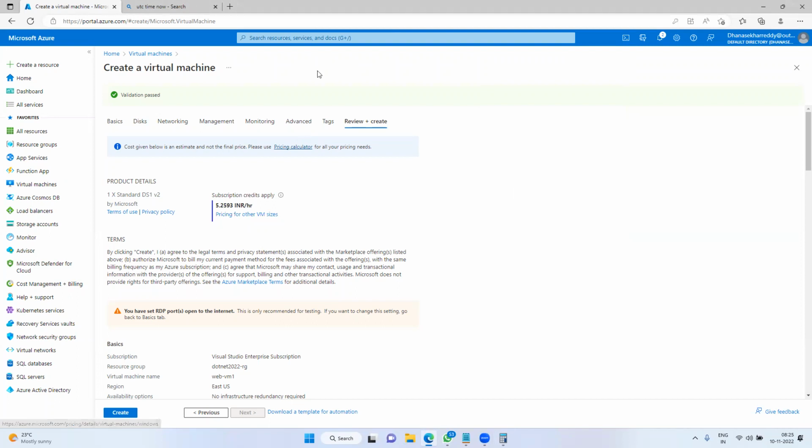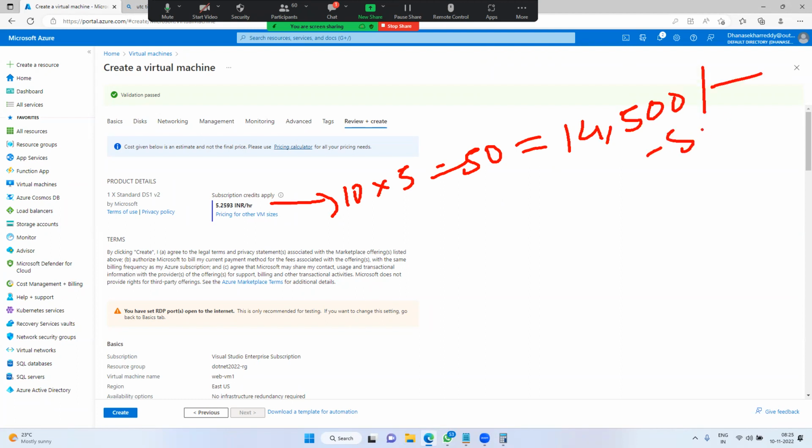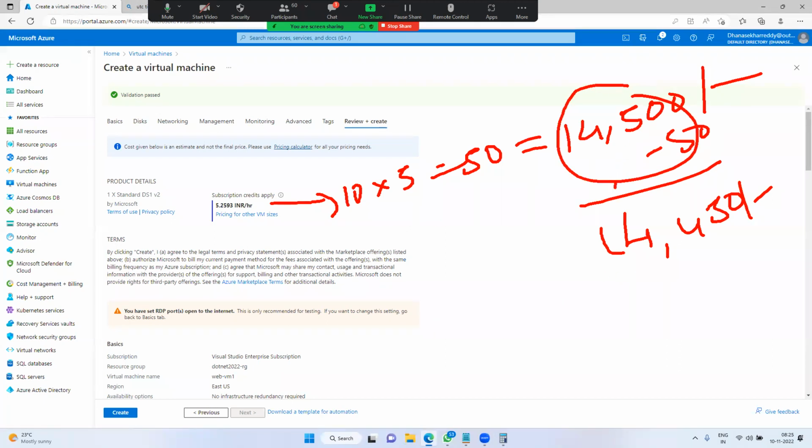So if you have used this server for 10 hours, 10 into 5 rupees, 50 rupees would be deducted. The total free credits are 14,500 minus 50 rupees. By tomorrow, you can see 14,450 rupees. That is how the free credits would be debited.